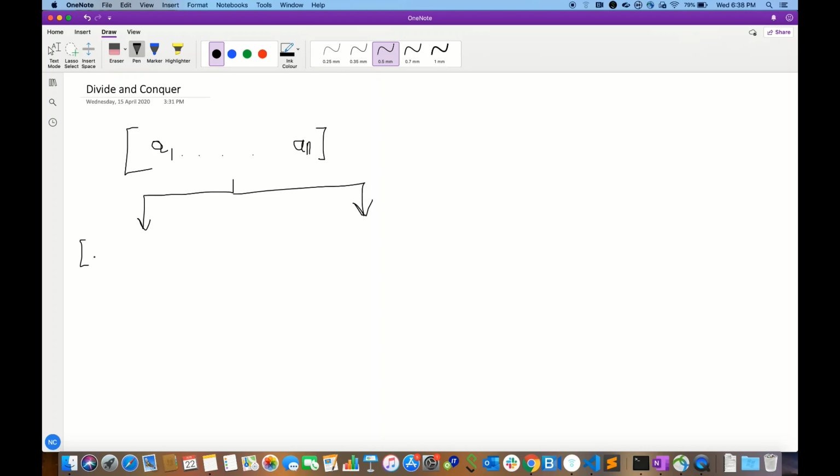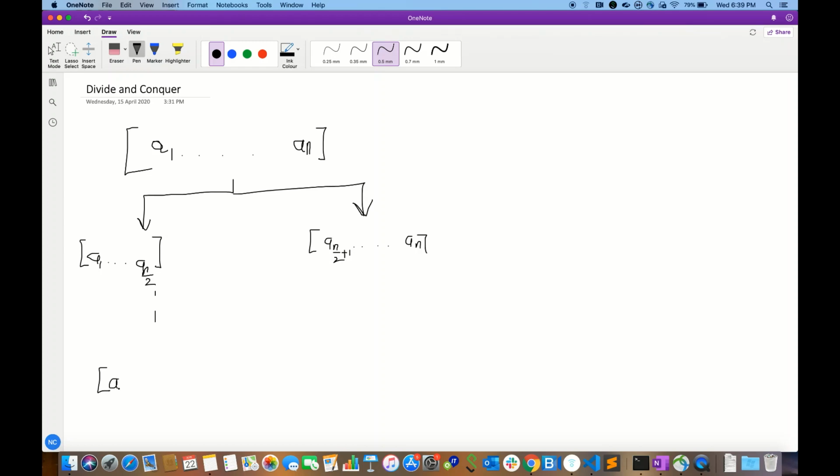So let's just divide it into two parts: a1 to a n by 2, and the other part being a n by 2 plus 1 extending to a n, and it goes on dividing in this way until it reduces to the most elementary part,